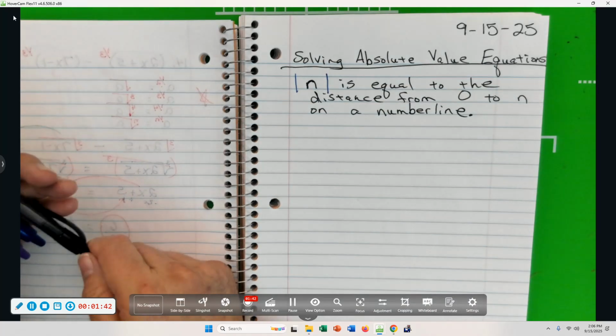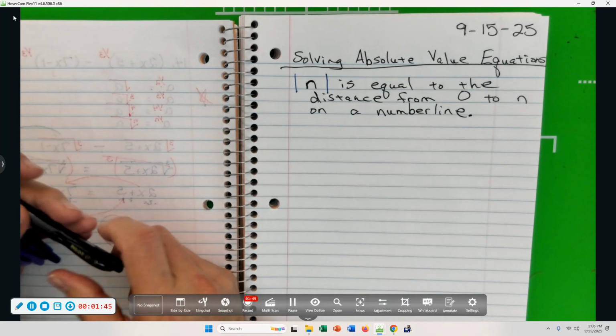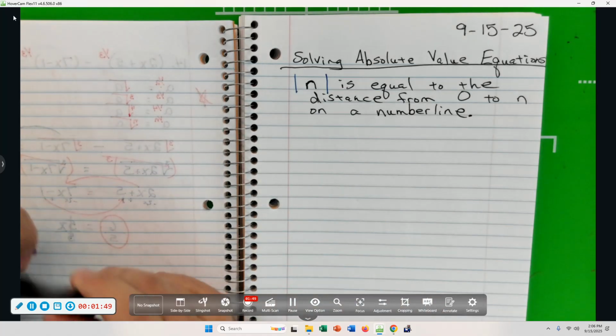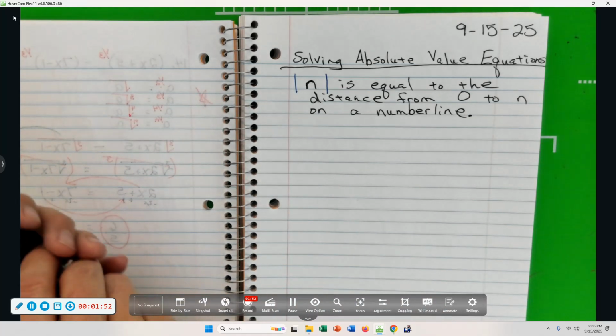The absolute value tool measures the distance from a number to 0 on a number line. For example,